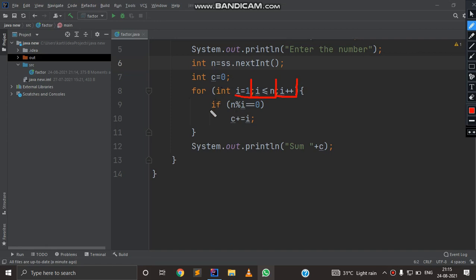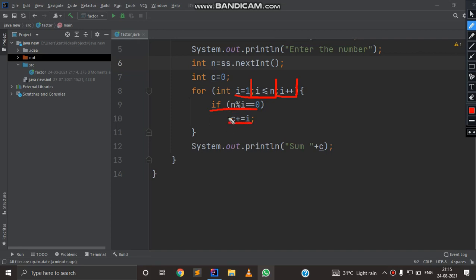Now here comes the condition: if the number mod I, where mod is the percentage sign which gives the remainder, is true, that is if the remainder is 0, then only the sum will be updated.